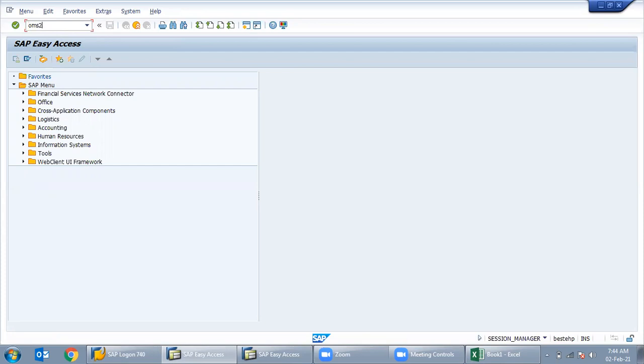OMS2 is for creating the material type. Just go to that OMS2. If you need the path, that is also available. I am using the T code as a shortcut.